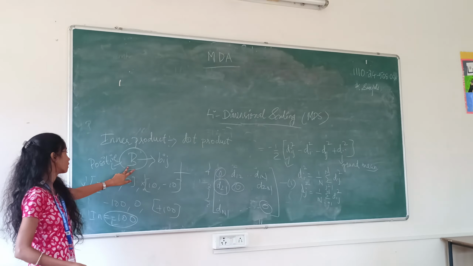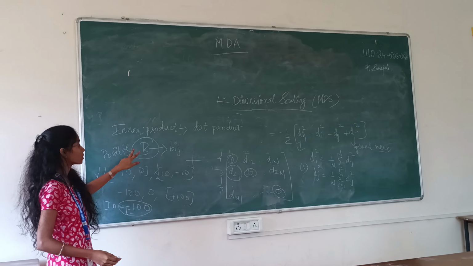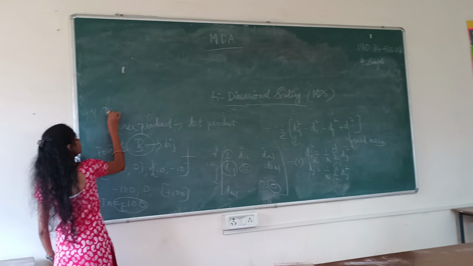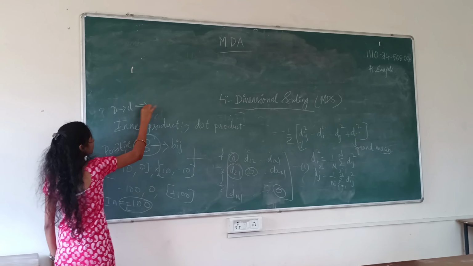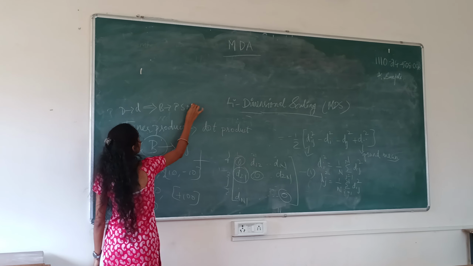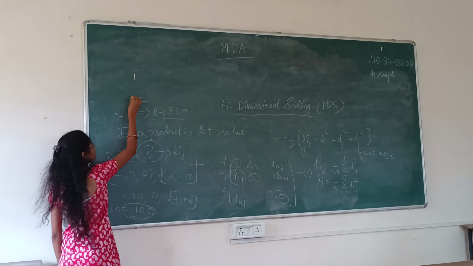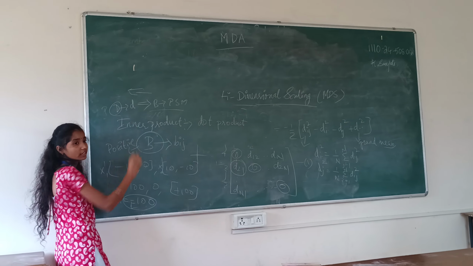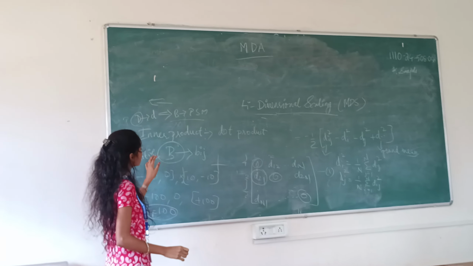So now let us learn what a positive semi-definite matrix is. If D is a Euclidean distance, then B is positive semi-definite. If B is positive semi-definite, then it implies that the distance is Euclidean. Now let us see what is positive